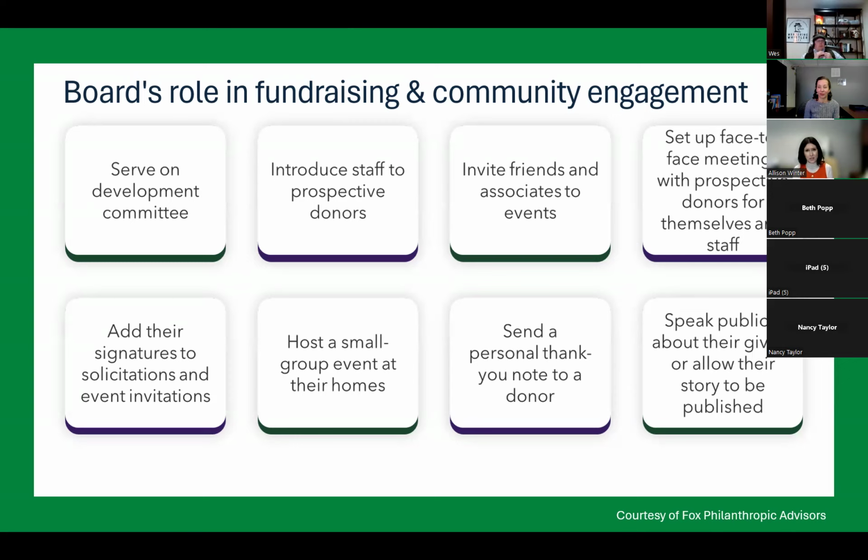If you just want to introduce me to somebody so I can start a relationship with them, perfect. Or if you want to be a part of this, the next box on the next line down says adding a board member's signature to a solicitation or invitation. A peer-to-peer ask is really valuable. It hits different when it comes from your friend versus when it comes from that frontline fundraiser. So plenty of times I would have a board member who said, no, this is my neighbor, my friend. I see them all the time. I don't want to ask them for money. Perfect. I'll be that person and we will never have you as a part of it, but you've opened the